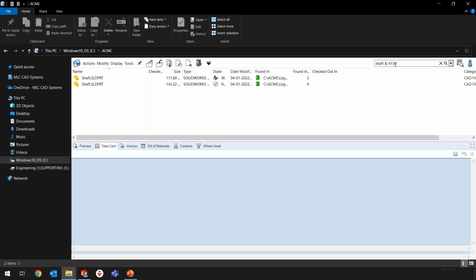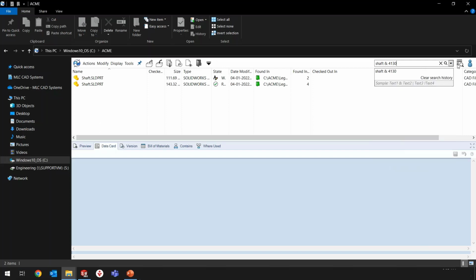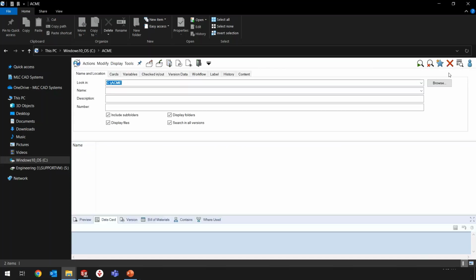So I can combine somewhat more complex queries into this quick search. I'm searching shaft, and it also has to have a value of 4130. Now, it's not specific to which one variable. It's just saying, hey, it exists in some of them. Now, I can launch the complete search, and this is a more involved search, but it allows us to build